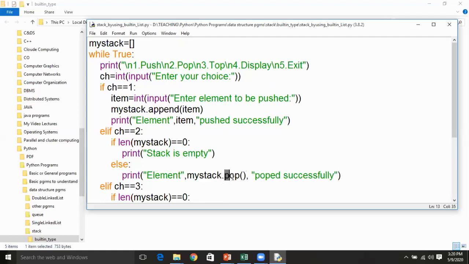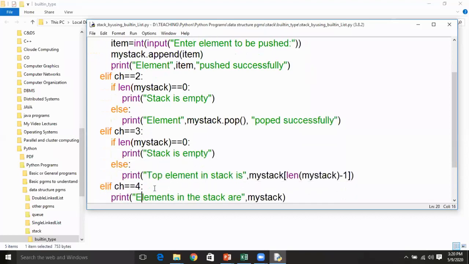This pop method is a built-in method defined by the Python list. Pop returns the value which is on the top of the list. So that is about popping. You can go on popping if there are any elements in the list.